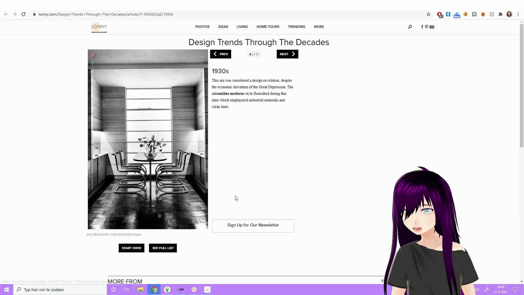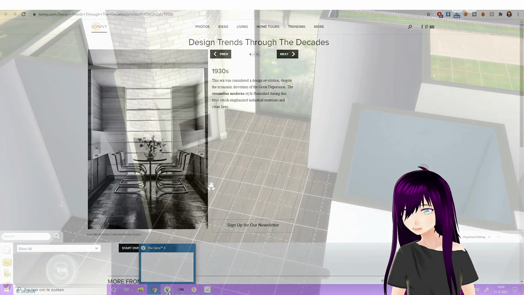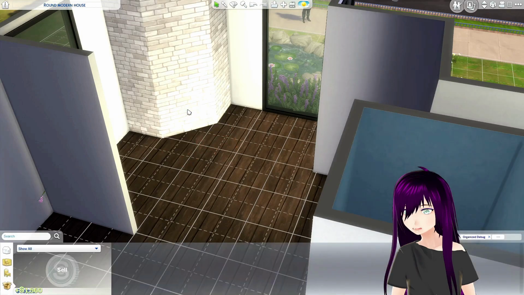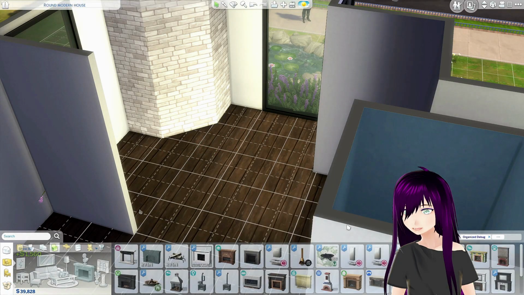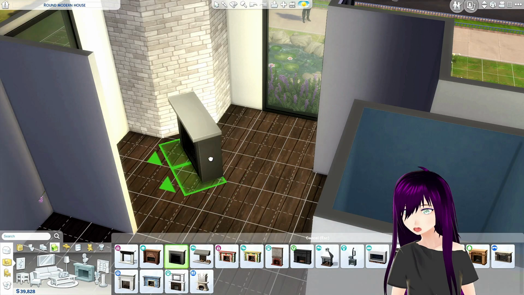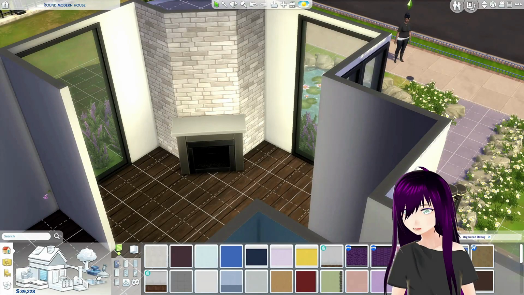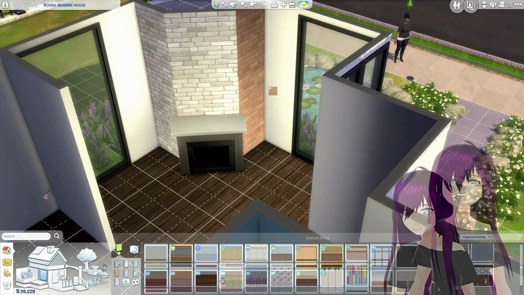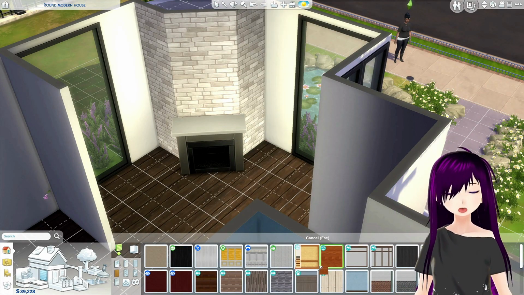I think we can do that. I don't think that is wood on the floor. I think that's linoleum. And we can do that too. Let's try this. Okay. So maybe a bit more of a modern fireplace. I don't think I'm gonna use CC, so you guys can download it if you want it. This one looks pretty modern. I saw wood paneling against the wall. I believe we got that. This one, oh, this one comes close.